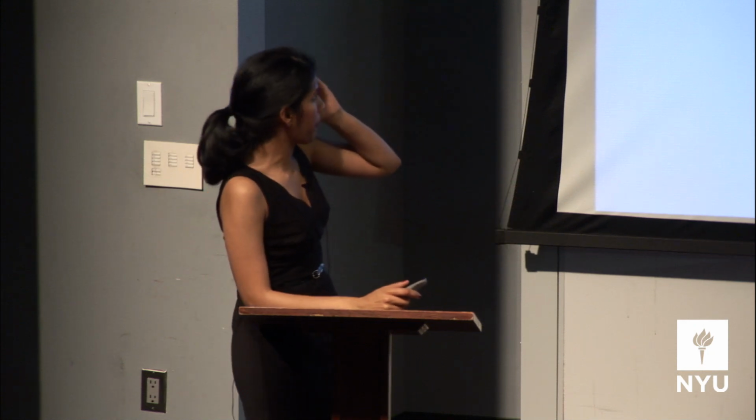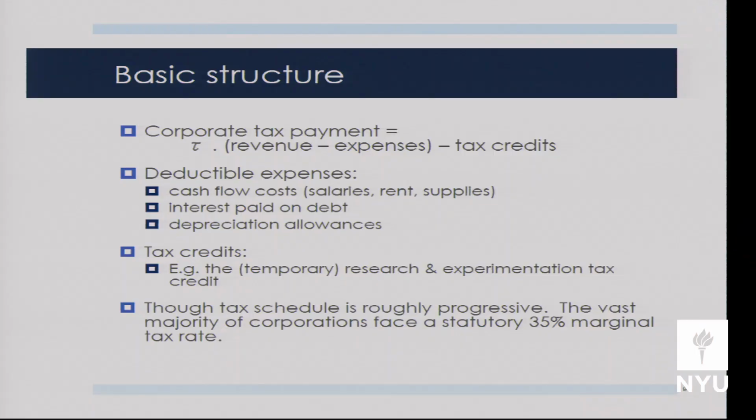Okay, what are tax credits? These are tax credits, like I talked about, like the R&D tax credit. It could be manufacturing tax credits. There's various corporate tax credits that some firms are eligible for. Prior to 1986, we used to have this thing called the investment tax credit, which you got for every dollar of investment. So if you made $1 of investment, you had to deduct some fraction of that as part of your expensing, your depreciation rather. And then you also got a tax credit for, say, 10 cents of every dollar you spent on investment. Awesome. Okay.